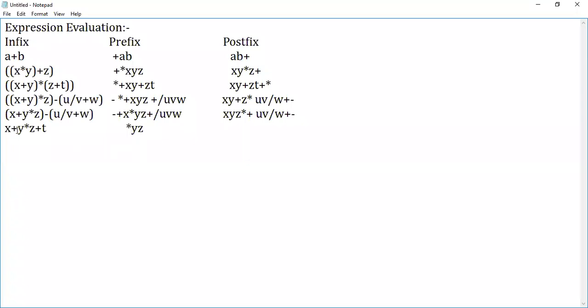Now look at the remaining part. Along with the result, you're going to add t. So I'll place t here, and along with the existing result, I'll add this plus. So this is done. Now x is placed before it. I can't bring the x here, so I just mention plus of x. This could be your expression for prefix, guys. First preference is multiplication, do it, add t along with the existing result. Then this is before it. Somehow you're going to add this value along with it, so you mention plus of x.